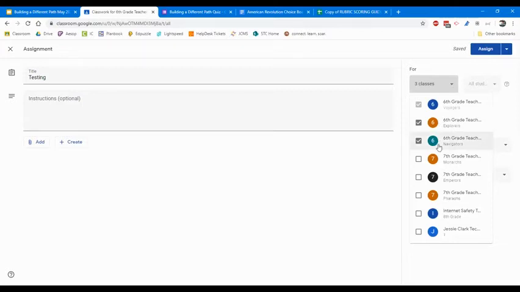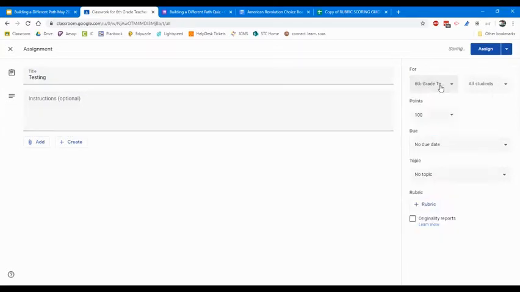If you do it this way, every student will see that assignment. If you're doing it the night before, or scheduling it, they wouldn't see it until it posts. But then you'd have to go back into each class and edit it so that each student is assigned correctly. But for the sake of this exercise, we'll just assign it to this class, and then we're able to select